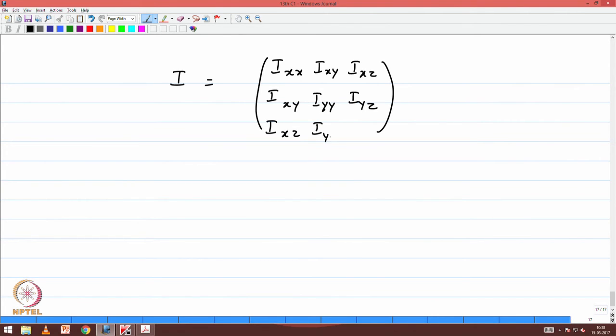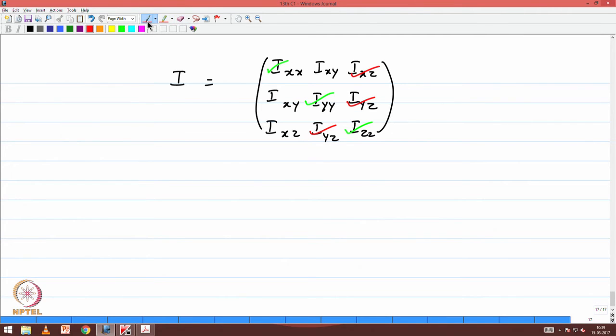This is the same as I_zy and you have I_zz. So, you have essentially 3 diagonal components and 3 off diagonal components of the moments of inertia,